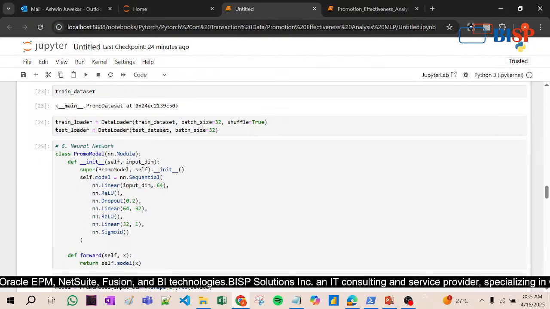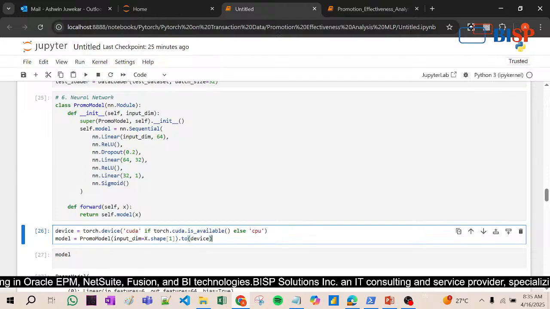First of all, we have to analyze that data, right? Running the data into that machine, right? So what we do, we create the batches of 64 neural networks, and then we apply the ReLU activation function. This ReLU activation function converts the negative value into 0, and it introduces the non-linearity, right? And then dropout, and then linear, ReLU, linear, and last time it runs the sigmoid function. Okay,